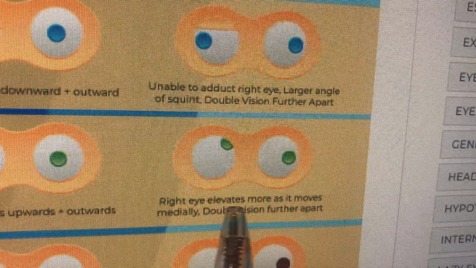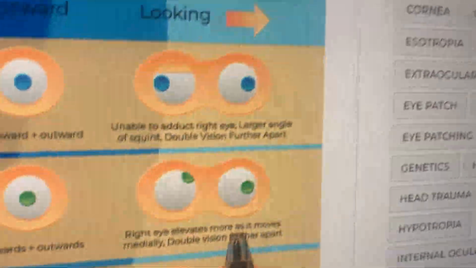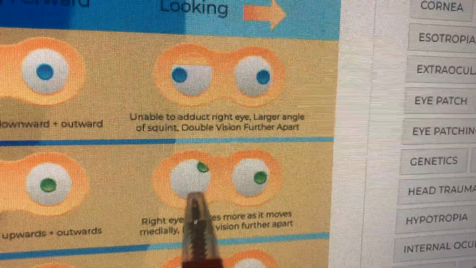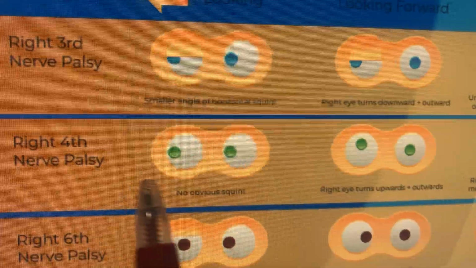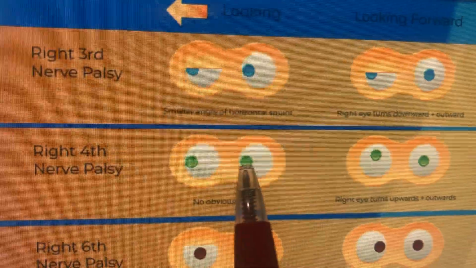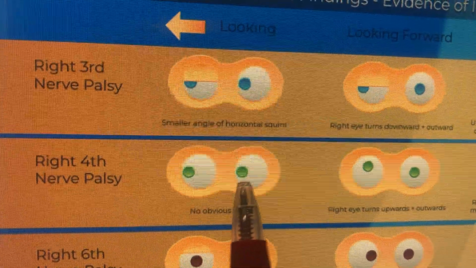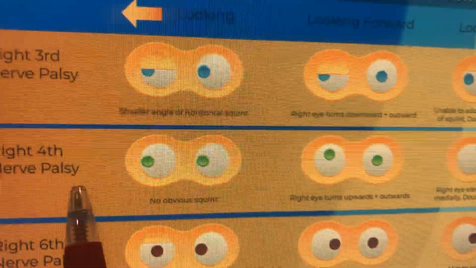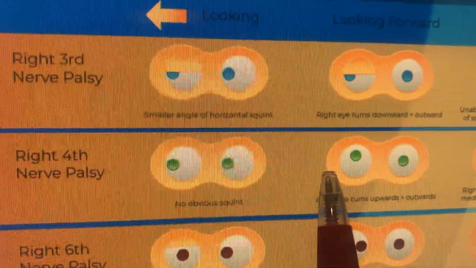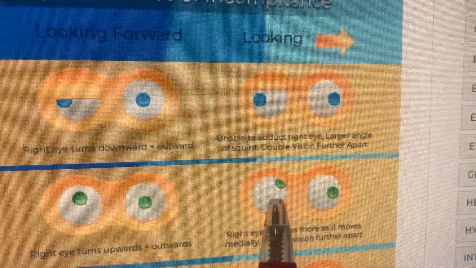And the right eye elevates more as it moves medially, with double vision further apart, when you ask them to look in this direction, it also moves a little bit up. And then if you ask them to move in the right direction, no obvious squint is found, because again, the fourth cranial nerve is just causing the superior oblique muscle to function well. Superior oblique muscle has no problem looking on this side, which is the right side. So it's always with looking straight forward and then looking towards the left side if the right